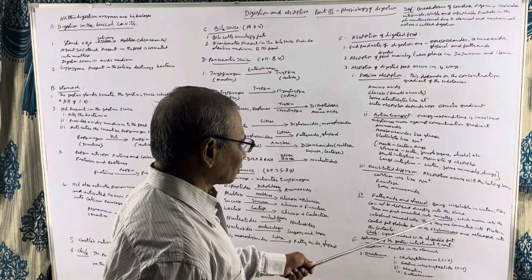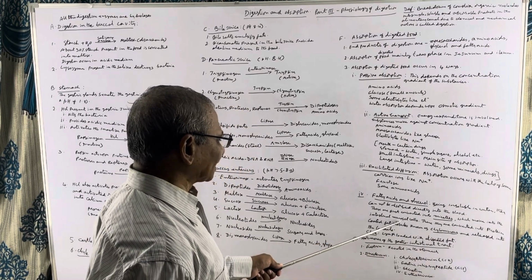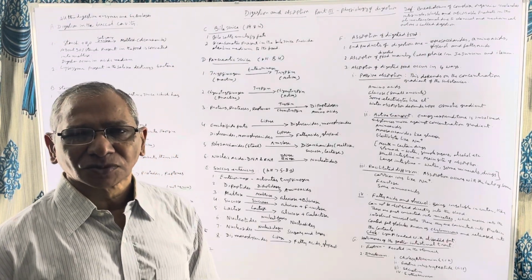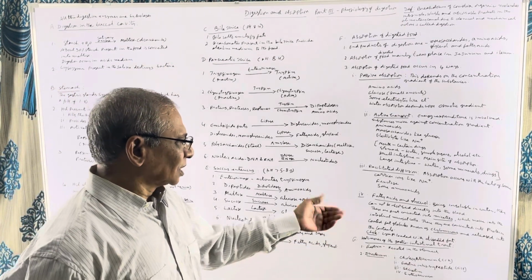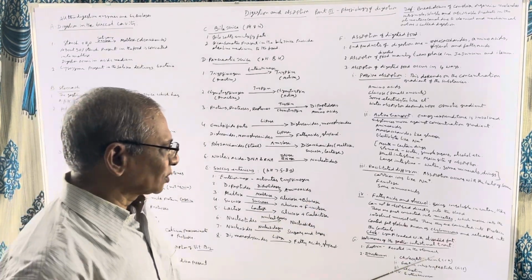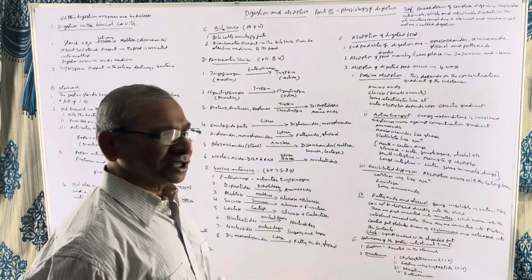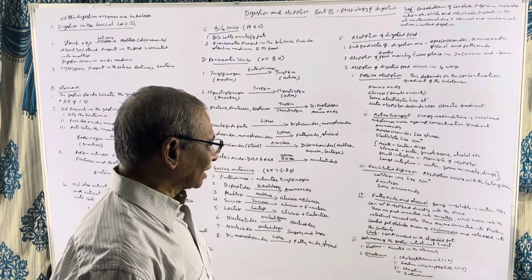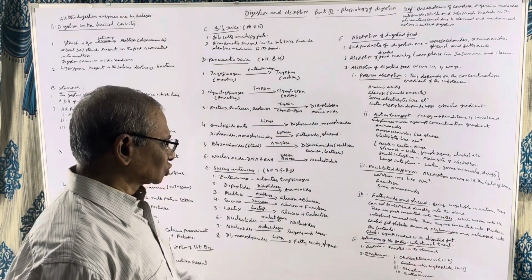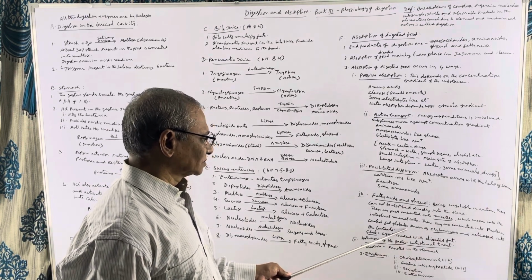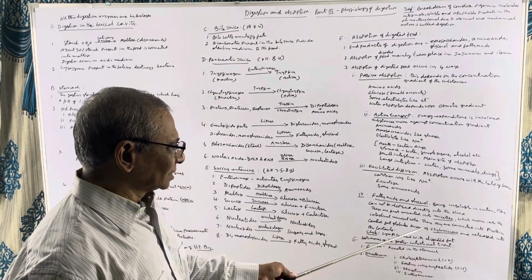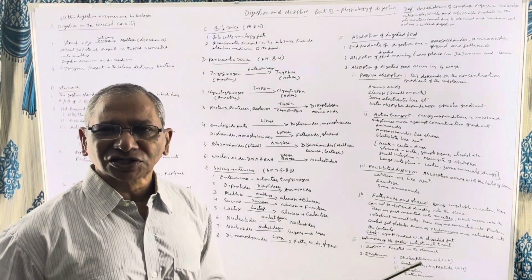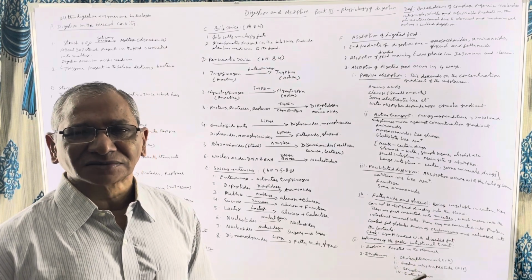These are first converted into micelles, which move into the intestinal mucosal cells. The inner layer of the intestine is called mucosa. So the fatty acids and glycerol are first converted into micelles, and micelles are transported into the mucosal cells. In the mucosal cells, the micelles are coated by a protein substance and converted into chylomicrons. These chylomicrons are released into the lacteals present in the villi.